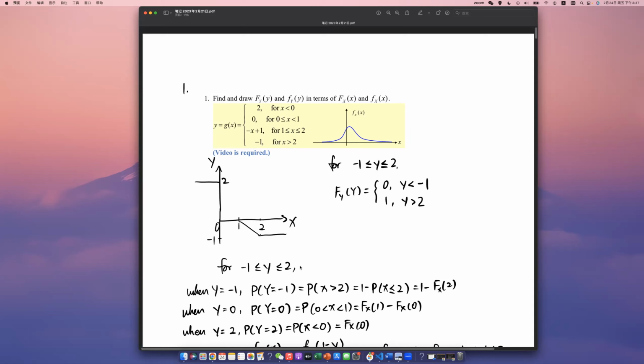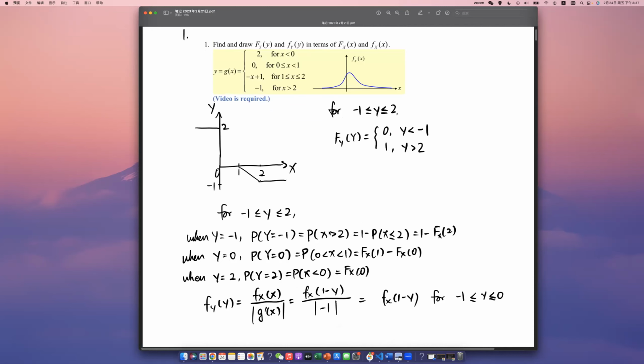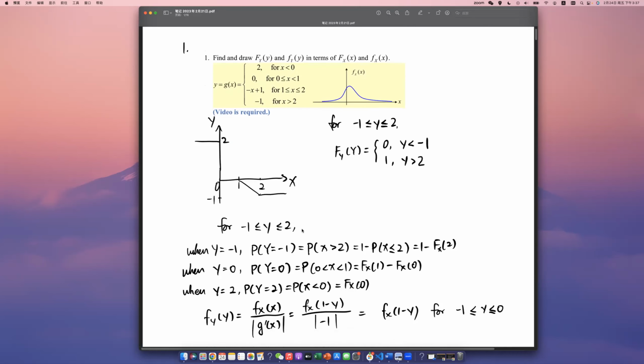So the line here represents this part. And for x greater than 2, y equals minus 1. So it is this part. And the x-axis is x and the y-axis represents y. And we can see that y is in the range of minus 1 to 2, and